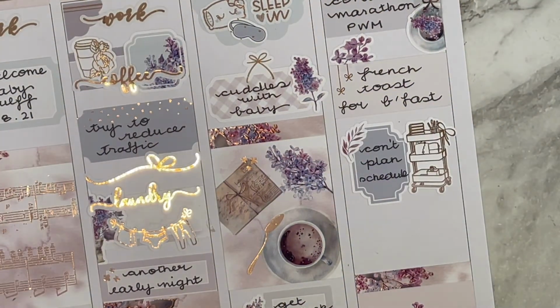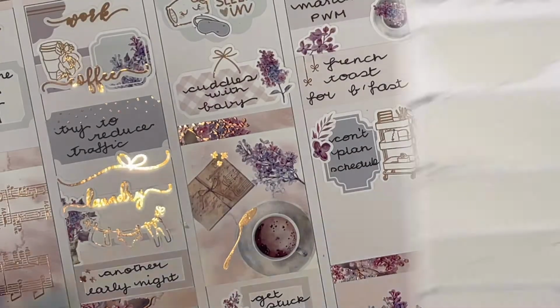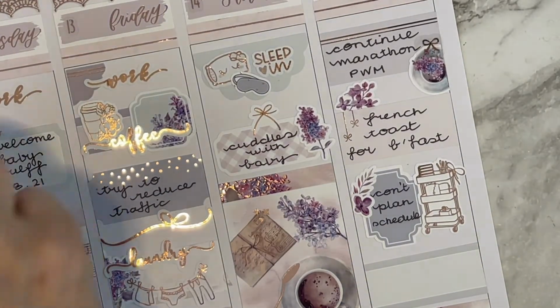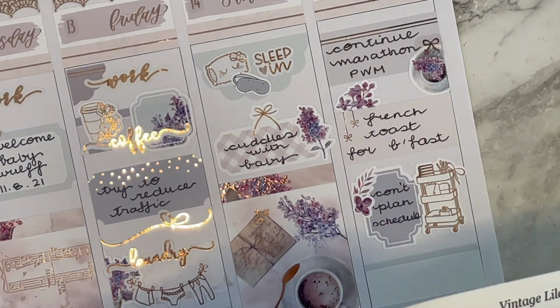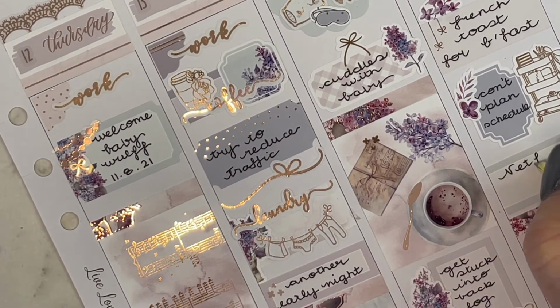And I've used on Saturday morning one of those half scallop boxes that were in the kit, as well as a Mr. and Mrs. Mint sleep-in pillow and sleep-in script, and the little iPad that was also in the kit. Just popping down underneath that, I have got a Bowstrong box from the Giving Girl in that lovely lavender shade. I've used a bit of deco from the lavender sheet and the add-on sheet, and just noted on there that